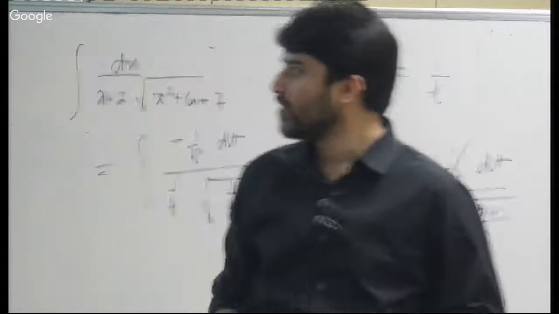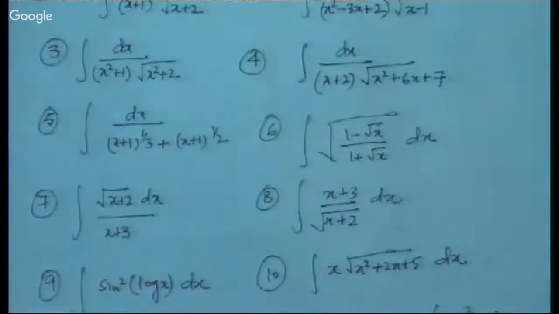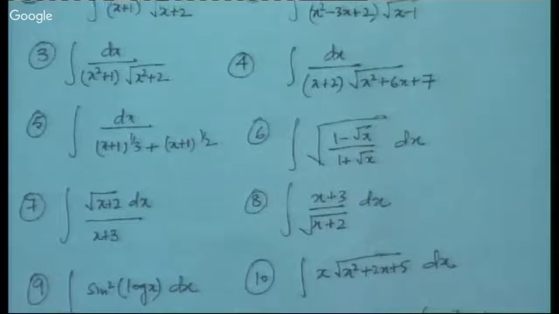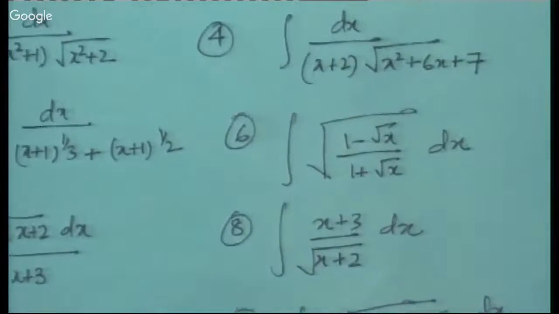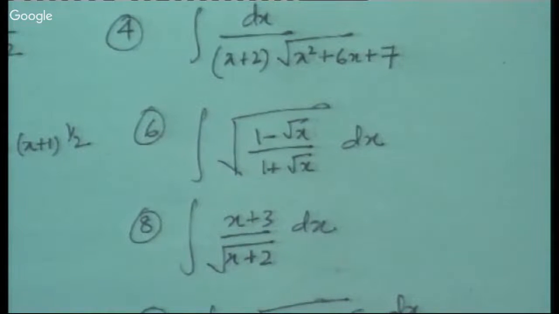Question number 6. Whenever you see something like 1 minus t upon 1 plus t form, what do you think of t as? Cos 2 theta. So I can put root x as my cos theta, or sorry, x as cos square theta. I'm going to put x as cos square theta. So I can write dx as 2 sin theta cos theta d theta, whatever with negative plus minus, take care of that. So I get something like 2 sin theta cos theta d theta, and I got something like 1 minus cos theta upon 1 plus cos theta, which finally turned out to be tan theta by 2. So I got something like,